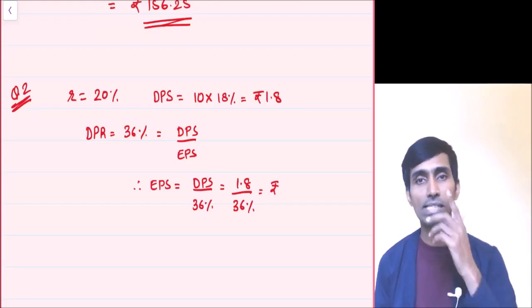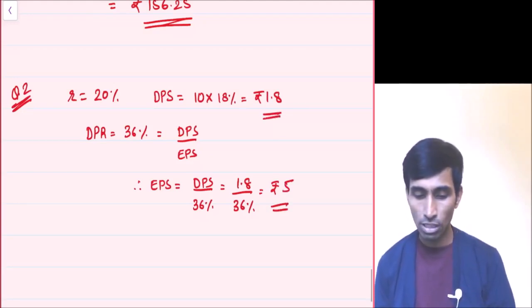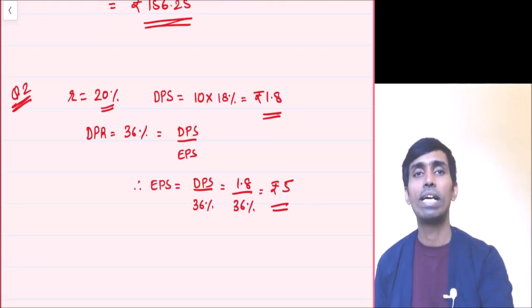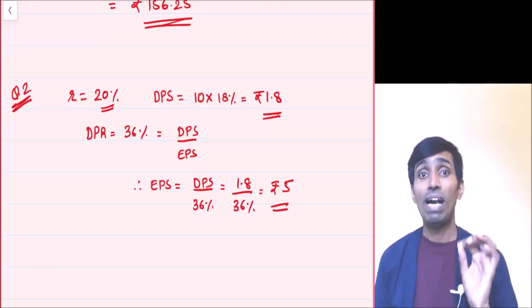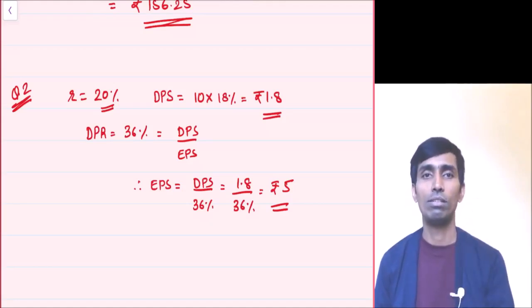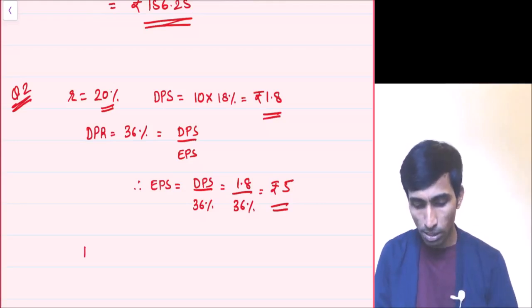What is my EPS? 1.8 divided by 3.6 comes to rupees 5. So dividend I know, R I know, EPS I know, correct? Let's go ahead. Find the cost of equity. KE you have to find according to Walter's model. So this time KE we have to find, and P ratio is equals to